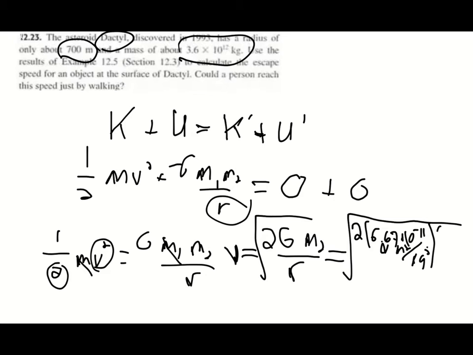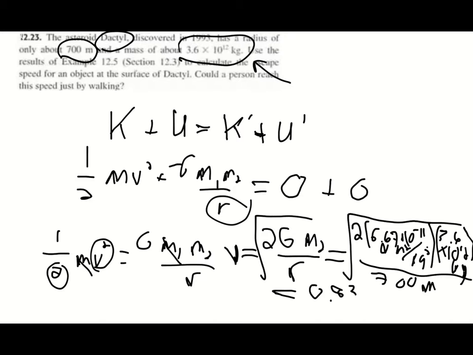This is going to be that mass we talked about up here, 3.6 times 10 to the 12th kilograms. We're going to divide that by 700 meters. When I calculate all that out, I get an answer of